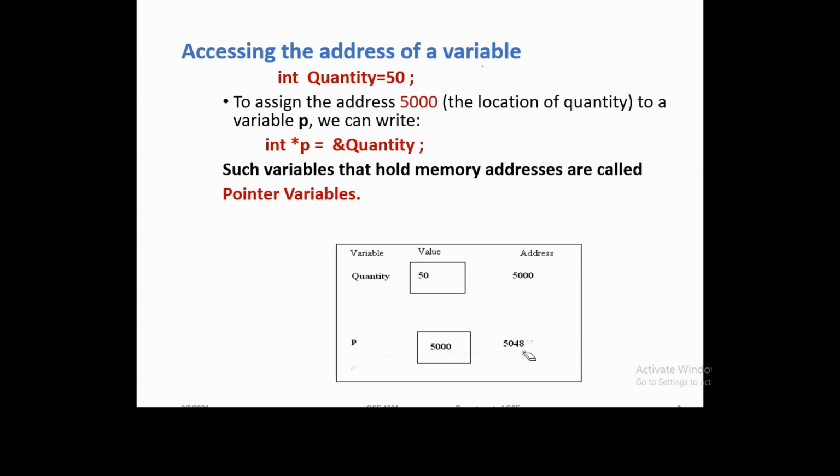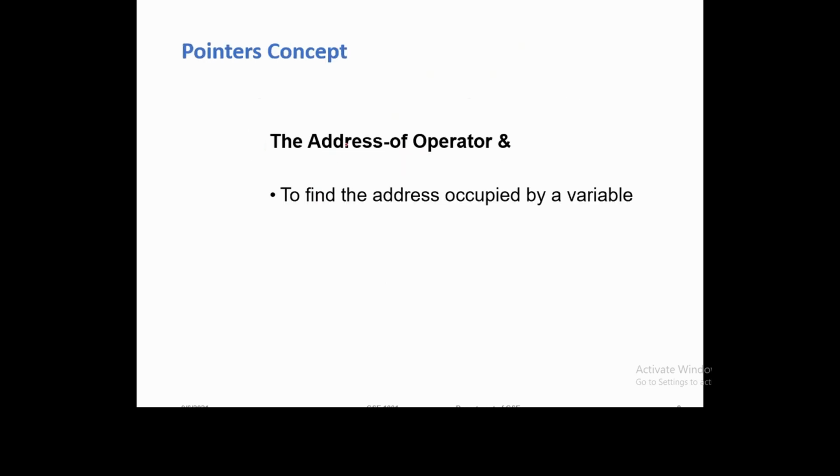So we can assign a pointer to a variable, and we can simply assign the address of that variable to a pointer. Now, how can we simply use the address of